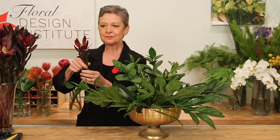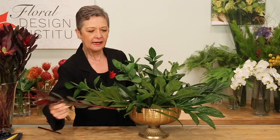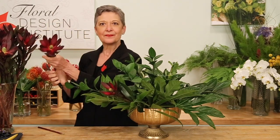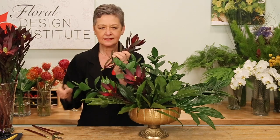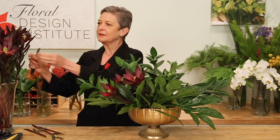The leucadendron gives you a substantial base, that deep hue, setting it in, and using it to draw a little excitement throughout the arrangement. Contrasting with the green, the perfect direct complement, and grouping them so that they really show nicely, doing maybe 3 towards the front, shadowing down below, then bringing 3 towards the back,